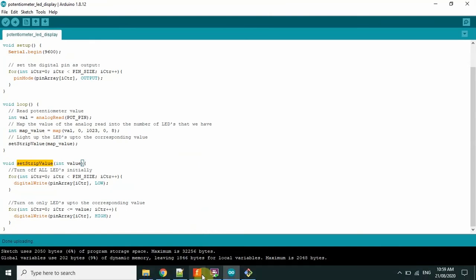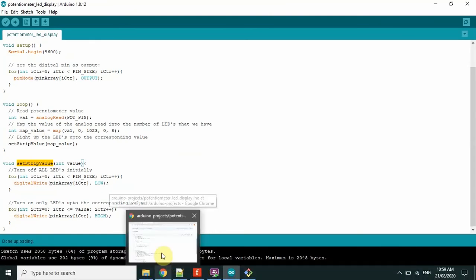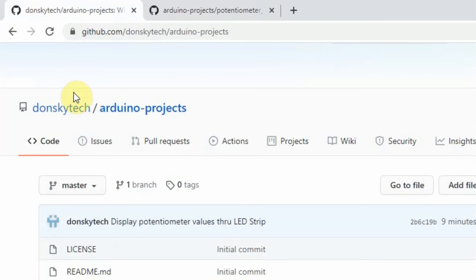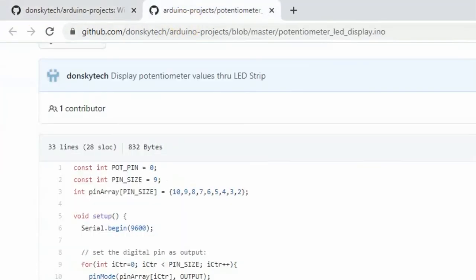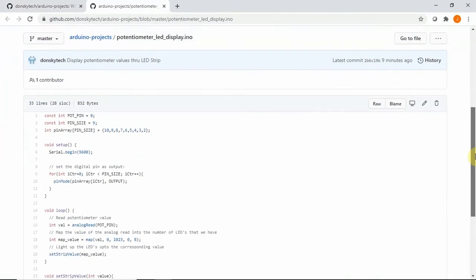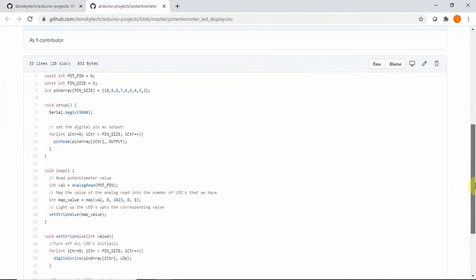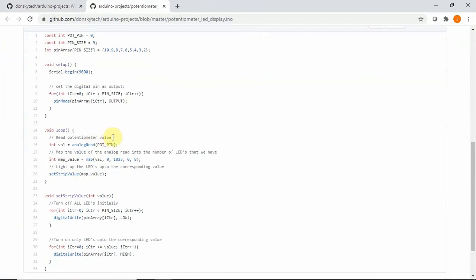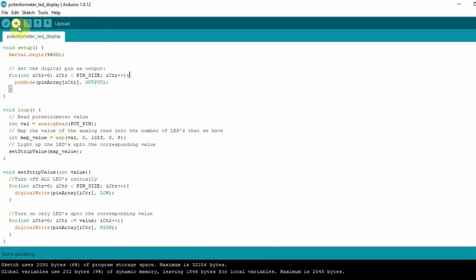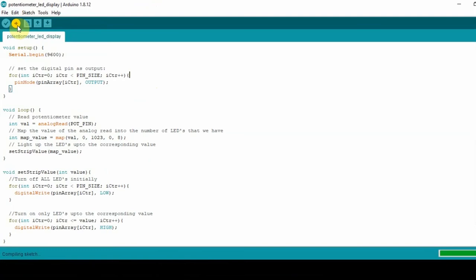The code, by the way, that I have is available also in my GitHub account called DonskyTech Arduino Projects. You can take a look at the code in there also if you want to learn more about how to do the following circuits. I have set the comments there so that you would be able to understand how the program is running. So if we deploy this program into the Arduino right now,